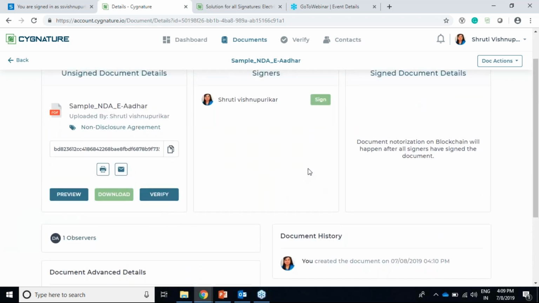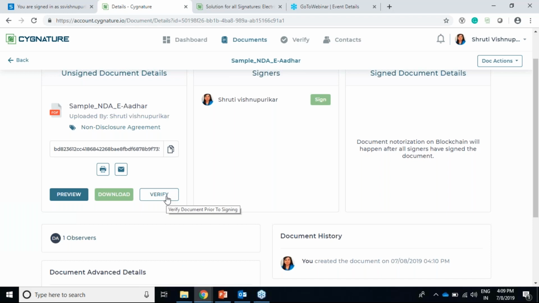One more interesting thing which we have added in this release is that we can verify the document. Let's say there are 2 signers, me and Yogesh sir. I upload a document and send it to his mail ID, saying this is the NDA which we both are going to sign, and it consists of all these terms. So yes, he and I agree on that, and then I upload the document.